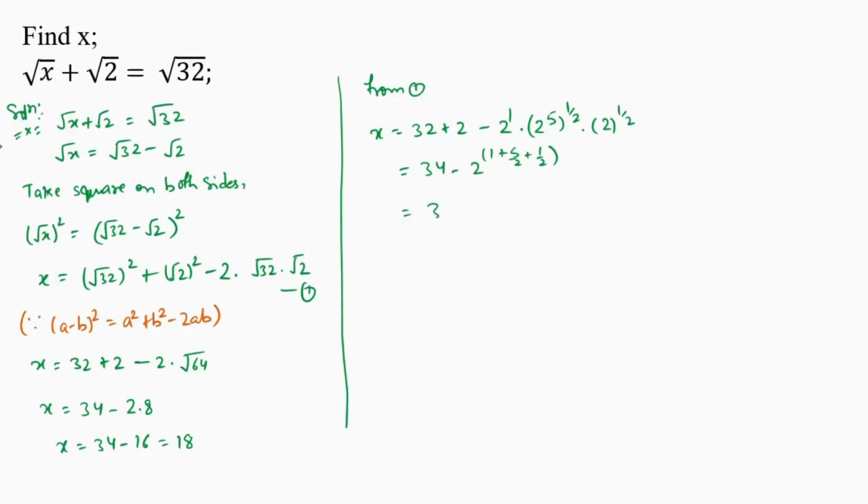Now on taking the LCM, we get 2 raised to power 2 plus 5 plus 1 over 2. On solving this further, it will become 34 minus 2 raised to power 2 plus 5 plus 1, which equals 8 by 2. Now this will cancel out. We get 4. So 34 minus 2 raised to power 4, that is 34 minus 16 equals 18. So we have found the value of x